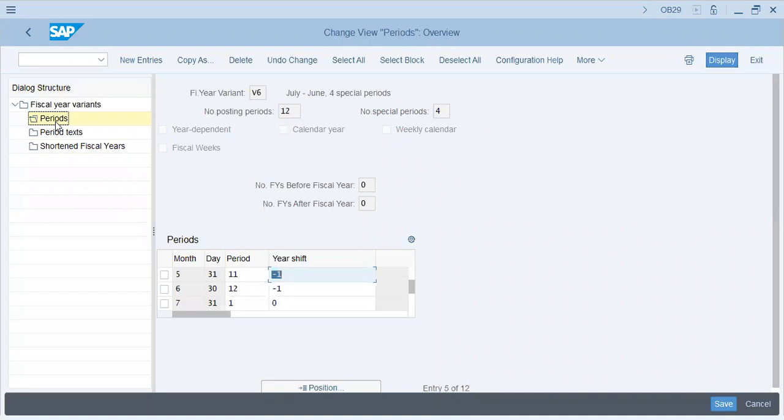Since the fiscal year starts from the 7th month of the calendar year, which is July, the period for V6,